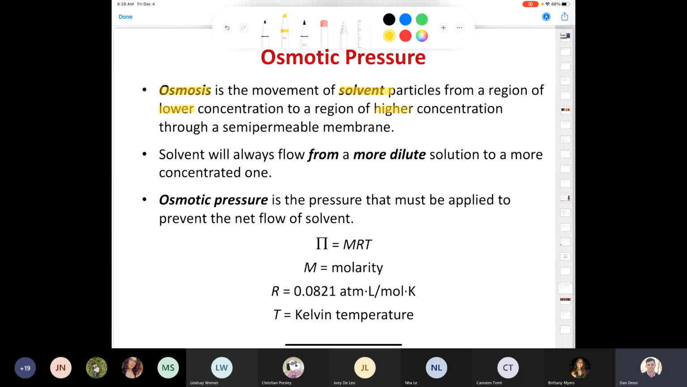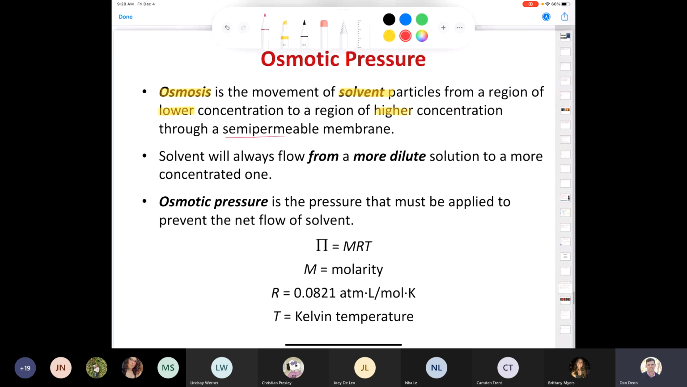And they're moving through a semi-permeable membrane. So obviously this membrane is permeable. When it says semi, it means partly permeable. It's permeable to solvent, isn't it? But it's not permeable to solute. Okay, and the solvent is always going to go from a more dilute solution to a more concentrated